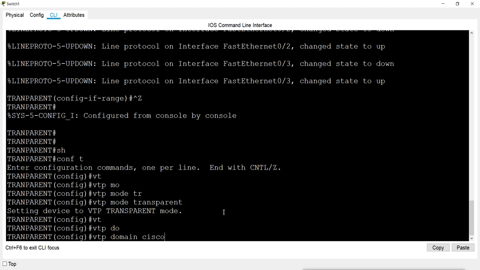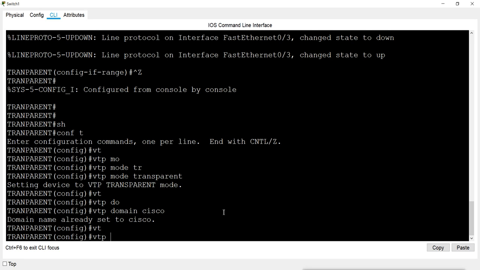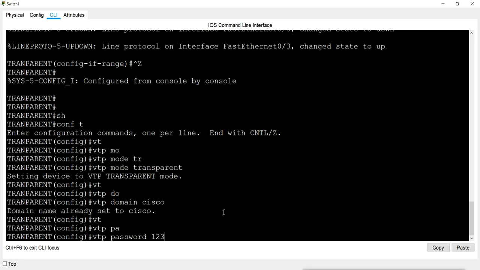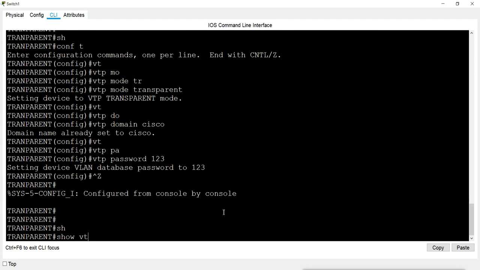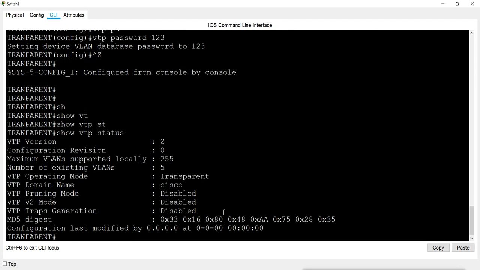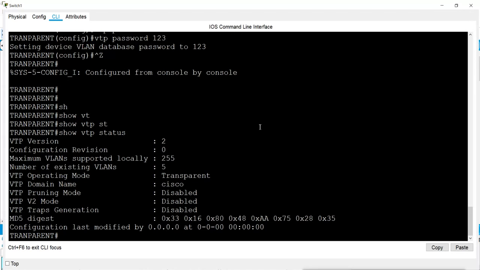You can use any name. Then vtp password 123. Done. We can check show vtp status. Now I will go to those two clients, and again still we don't have any VLAN here also.